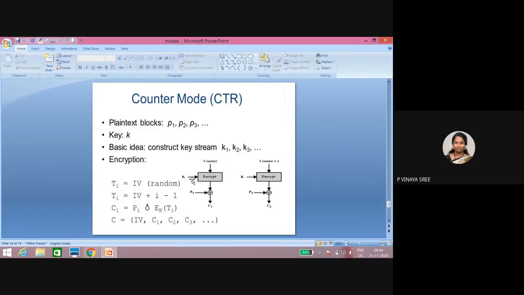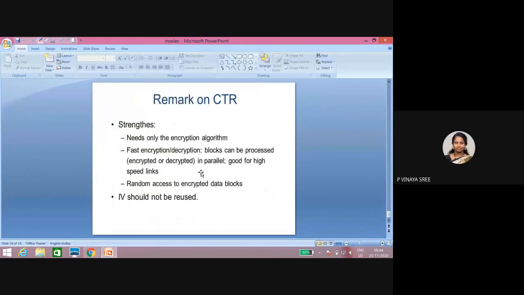Next, it has to be encrypted, and the corresponding 64 bits will be generated. For those 64 bits and the plain text 64 bits, they will do an XOR operation. Finally, we get a ciphertext. In the same way, for counter plus 1, counter plus 2, it has to be done. So this is counter mode. The advantage is, when you give the same plain text, it will generate different ciphertext. Why? Because the counters are incremented, so there is no chance of getting the same.